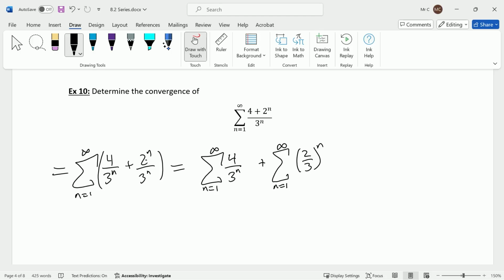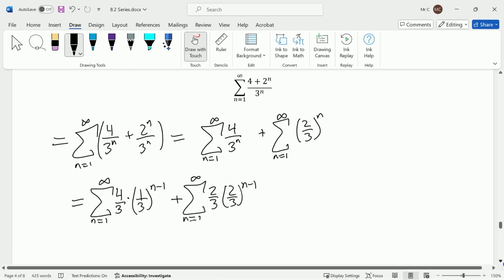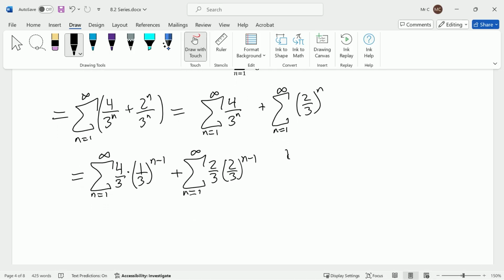So I also, while I was at it, rewrote 2 to the n over 3 to the n as (2/3) to the n. And now I'm going to put these in my standard geometric series form. So this is 4 times 1 over 3 to the n, but I can pull a factor of 3 and write this as (1/3) to the n minus 1 power, plus the sum from n equals 1 to infinity, and that's (2/3) to the n, which is 2/3 times (2/3) to the n minus 1 power. And so both converge